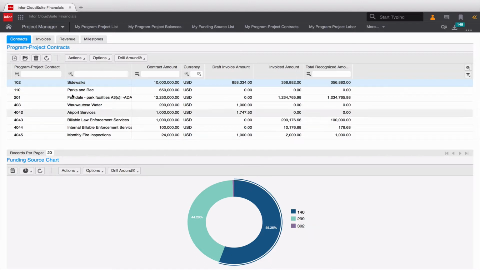So in this case, I can see, well, for this particular program or project contract, I have $10 million. How much has been invoiced or billed to the grantor or to the other agency that's funding this particular project? How much has been invoiced and how much have I recognized? If I drill into the details of this contract,